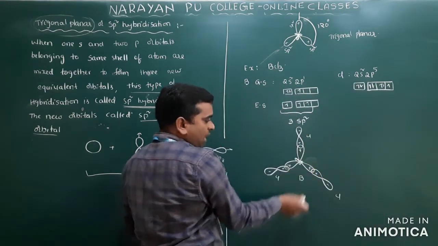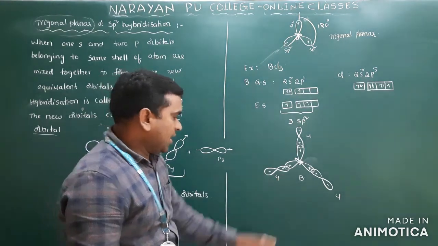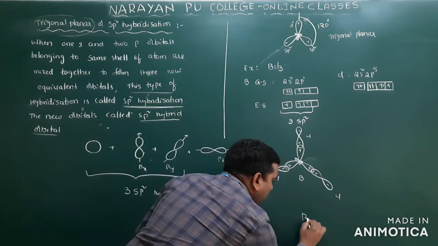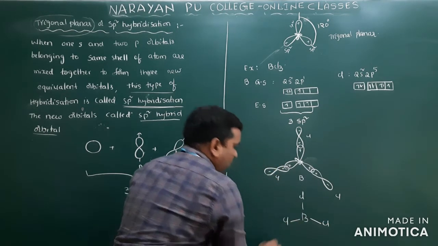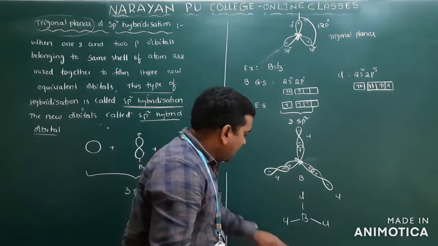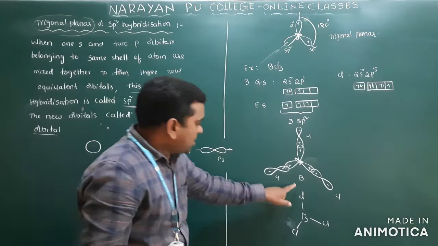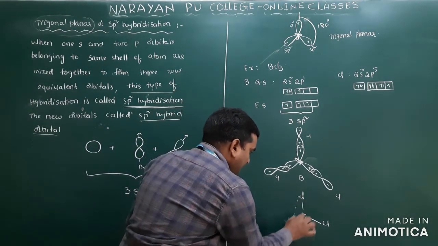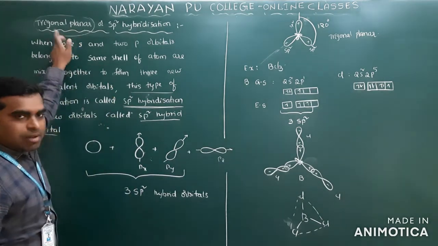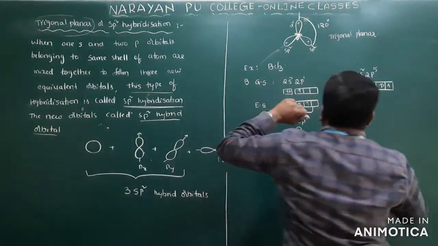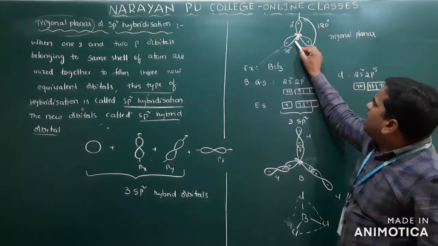So that's what you will get. This is boron. Actually we have to write boron here, but if you write it, it does not look good, so I'm not writing it. Now what you are getting is boron here, and chlorine here, chlorine here, and chlorine here. So what you are getting is BCl3. What is the shape of this molecule? Trigonal planar. Clear? Now I mentioned here the sp2 hybridized orbital, and each hybridized